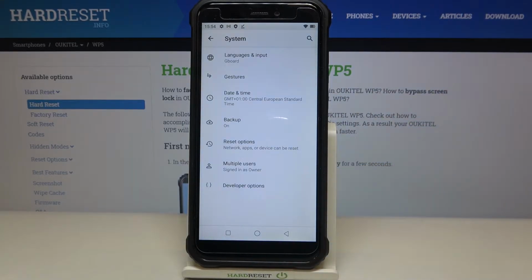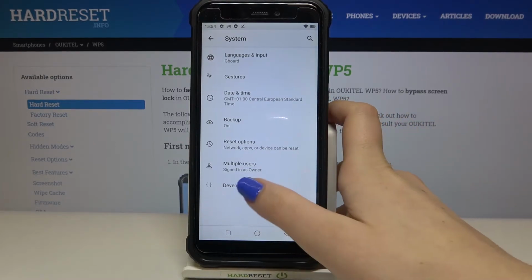If you cannot find the developer options in your device, then let's check our tutorial about how to enable them, how to activate the developer options, and then let's go back to this video. So let me enter the developer options, and